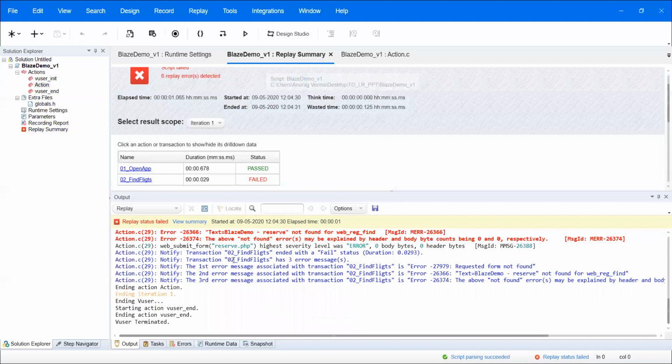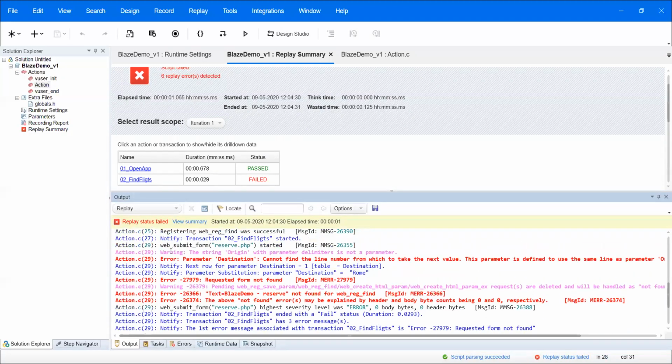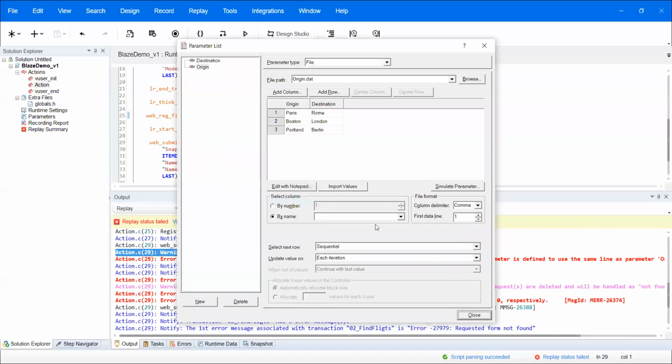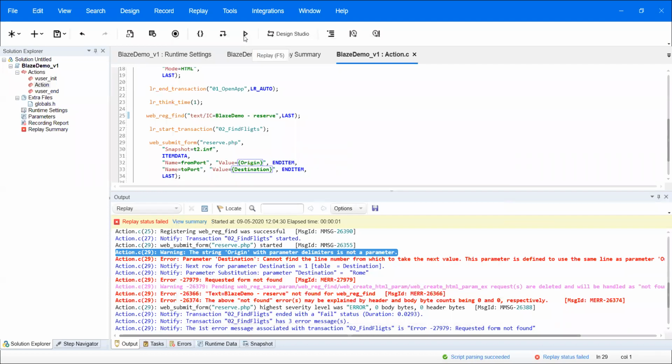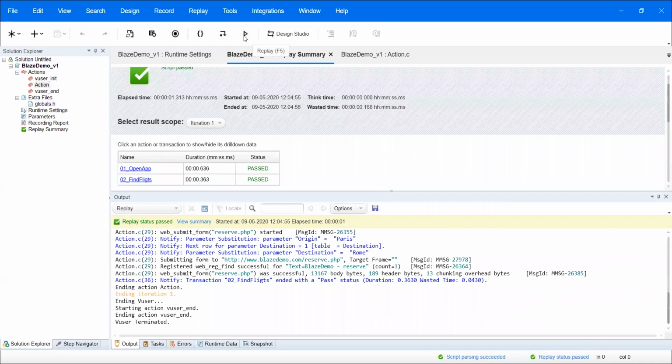We'll see what error it is going to throw. It threw the error. If you go to the top, it is telling line number 29, the origin has parameter delimiter, it is not parameterized. Whenever that error comes, just go to the controller and you can see that it is not pointed to the origin. Whenever you point it to the origin with the same parameter name and execute again, it will work fine. This is point number 5, which we need to remember.